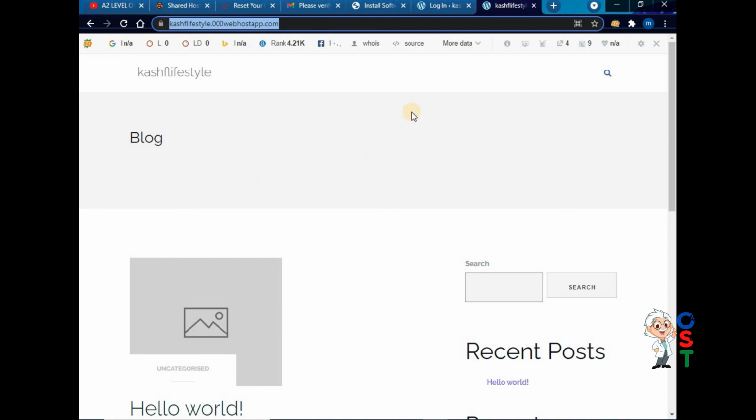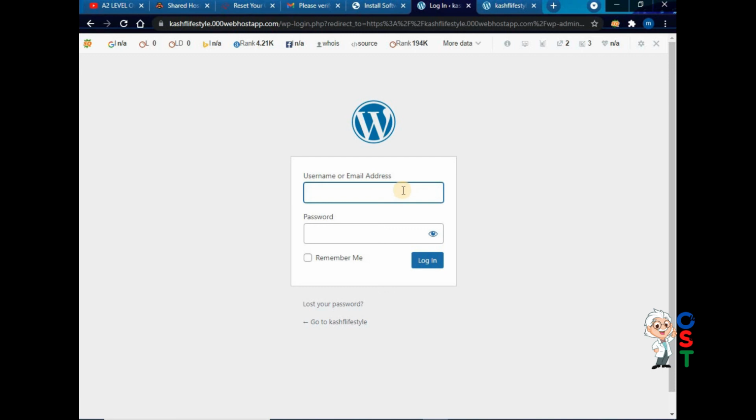I forgot to write or mistyped I, and he will get a screen like this. So if this screen has come, it means that WordPress has been installed on your web hosting. Still the website is not built. This is the default screen which comes. It means that WordPress has been installed. So now I go to my back panel, I write my user ID. User ID I said that was Kashif lifestyle. This is user ID, but mind it, the domain name I selected was wrong.